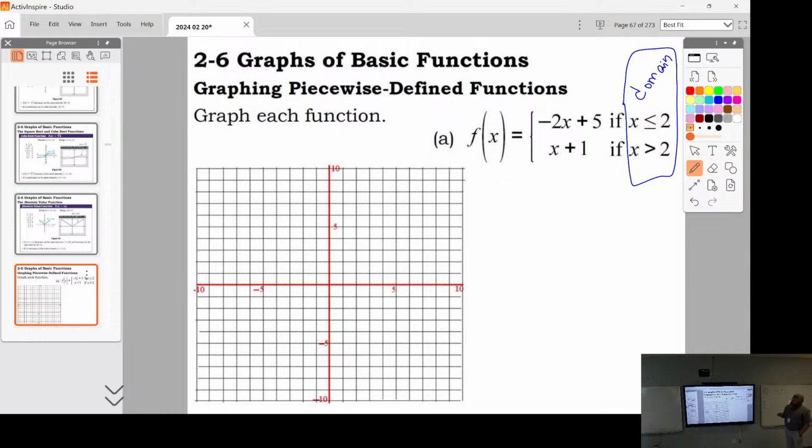So in looking at the domain of this function, the top piece exists from 2 to negative infinity, because it's less than, including the 2. The bottom piece goes from 2 to infinity, not including the 2. If you combine those together, what's the domain of this function? All real numbers,